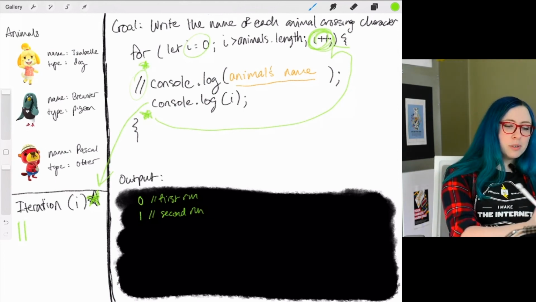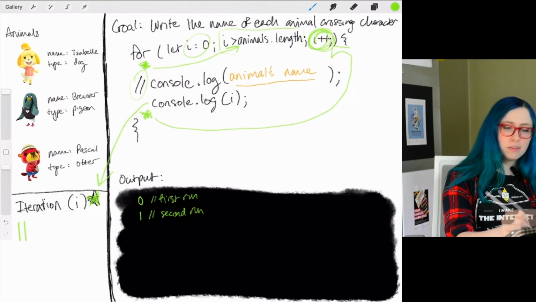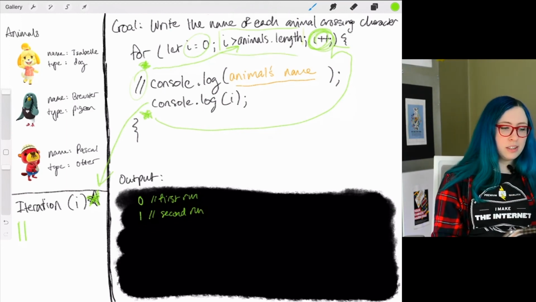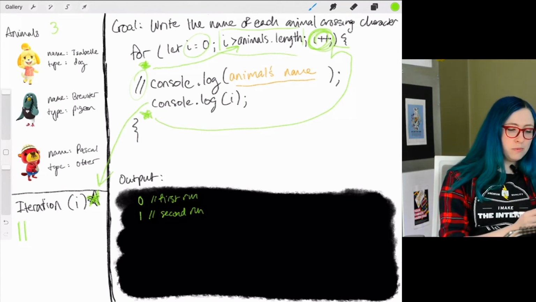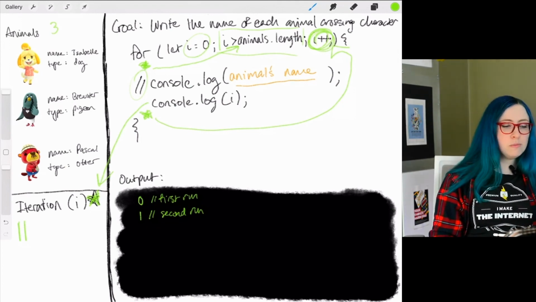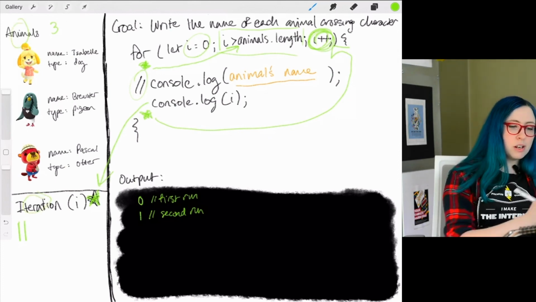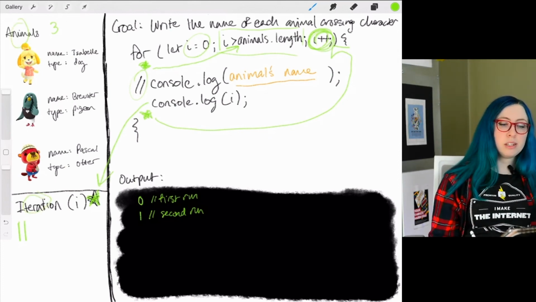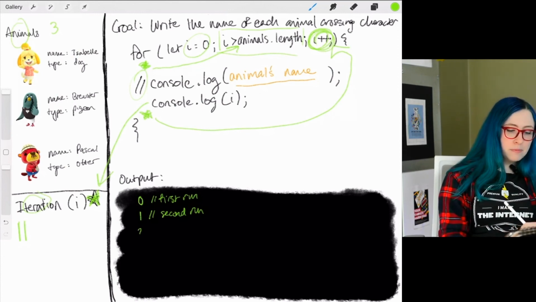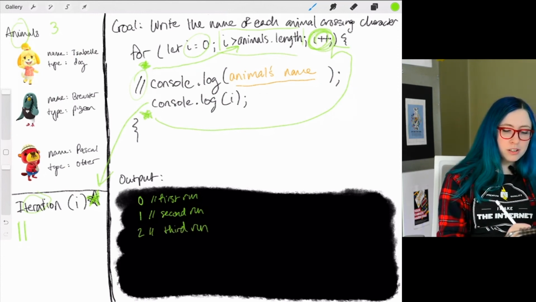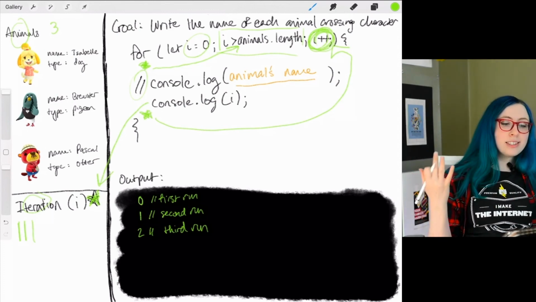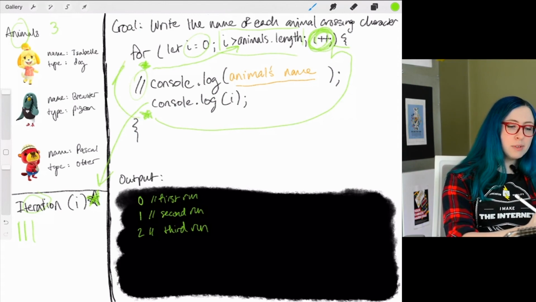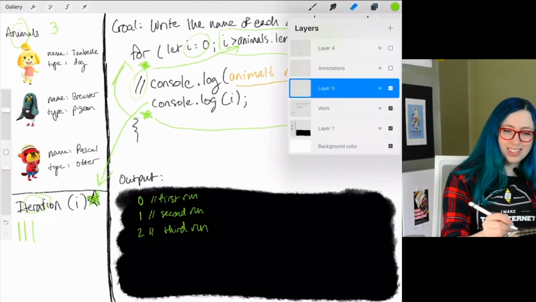All right, so going at the beginning, we are going to look at whether i is less than animals.length. So animals.length is 3. And right now, i is 2, right? We're going to look down here, see that it's 2 in iteration, and animals is 3. So we can go ahead and continue with this loop. Here, we console.log i, 2, third run, and then i++, 3. Okay, so finally, one last time, we're going to go back to the beginning. We're going to check what i is. i needs to be less than animals.length.